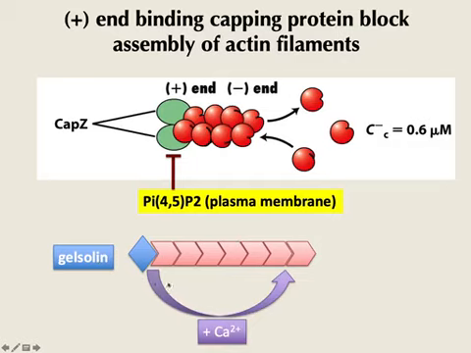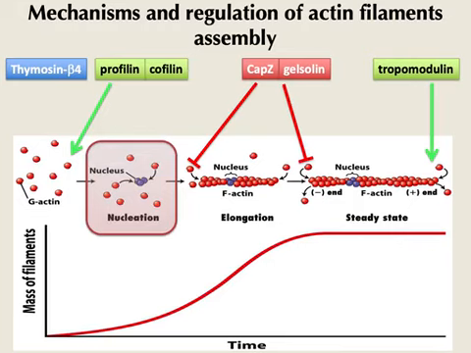gelsolin, which also works in signaling with calcium. So gelsolin is interesting because it can both cap the plus end as well as promote severing and depolymerization on the negative end. So those are just a couple examples. If you put them in the big picture, interestingly, they will act at different levels, right? So if we go back to this